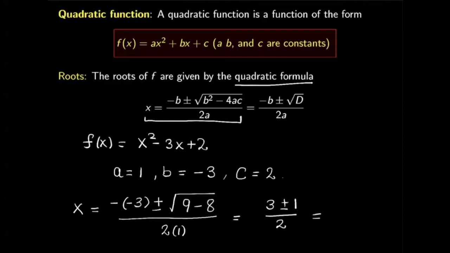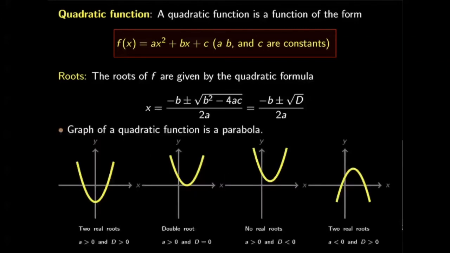So if I use the positive sign, I will get 2 because 4 plus 3 plus 1 is a 4. 4 divided by 2 is 2. And if I choose the negative sign, I will get basically 1. So as you can see, there are two roots, x is equal to 1 and x is equal to 2 for this quadratic function. Now the next question is how we can use these roots to understand the quadratic function